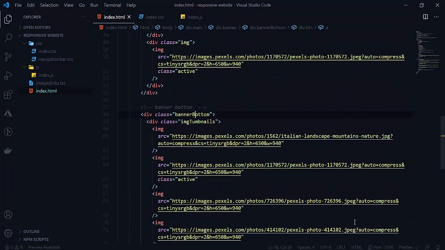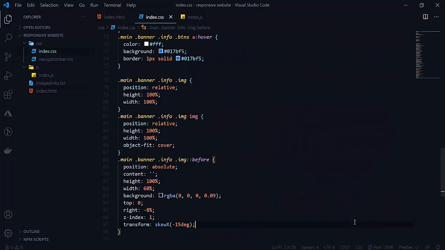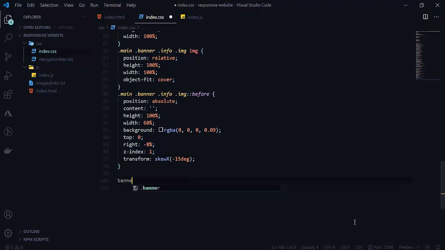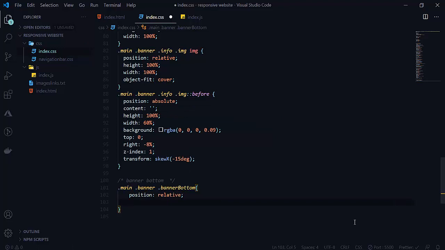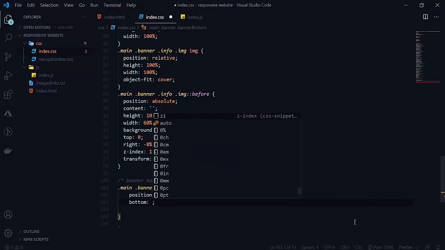So let's apply CSS to the banner bottom. So here will be dot main, and then there will be our banner here. Then our banner bottom position will be relative here. So here let's write its position as absolute, same, absolute position, because we want bottom as 0.